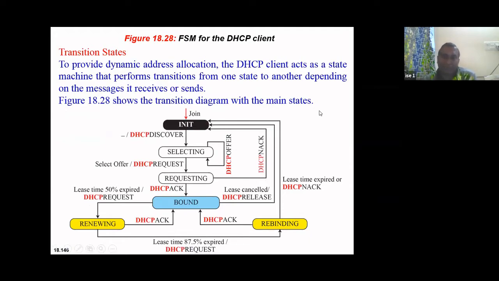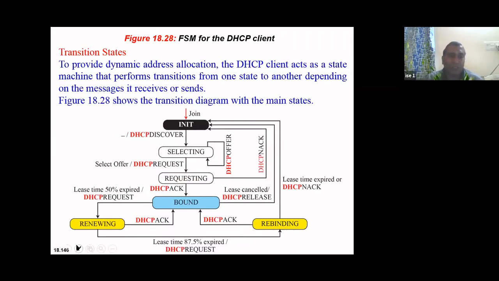Now this is another question that can be asked. So far, whatever we have covered was the response for DHCP. That means if the question is asked, explain in detail with a suitable diagram the concept of DHCP, then whatever we have covered till now has to be written. Now you may be asked another question: what are the various transition states associated with DHCP. In that case, you can give this particular diagram and explain the same thing.